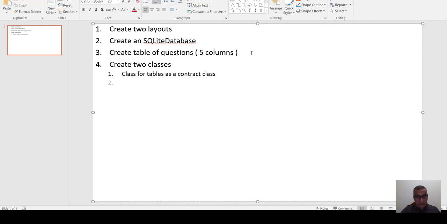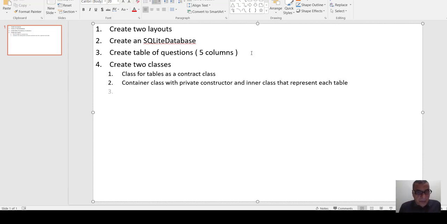We can call it a contract class, and we call it a container class, a container class with a private constructor and inner classes that represent each table. And then as soon as we do that,